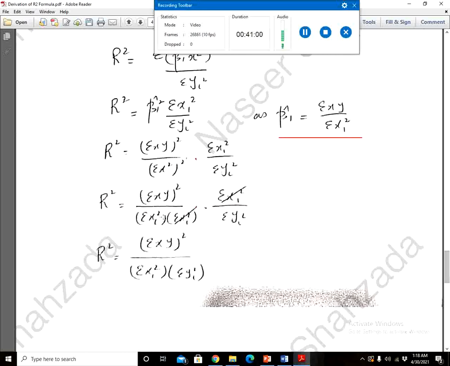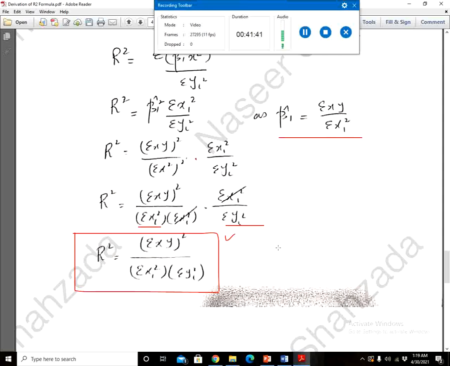From here we see that one xi square will be cut with the other xi square, and the remaining will be summation xi square. The formula of R square now becomes R square is equal to summation xi yi whole square divided by summation xi square and summation yi square. This is the formula now of R square, where x and y are small xy, which are in deviation terms. So we have derived the formula for R square, and we can look at this formula, that it